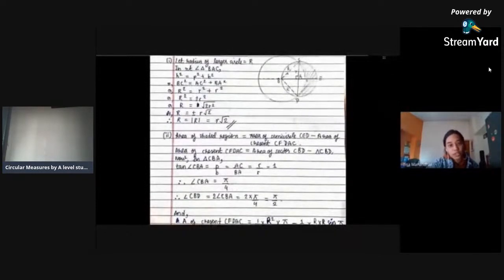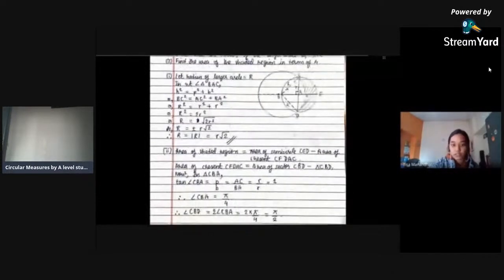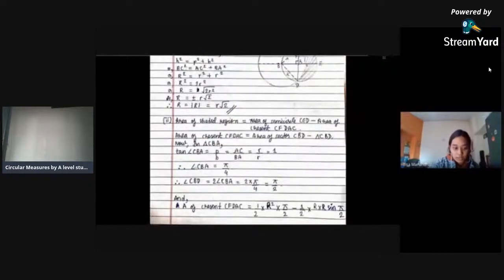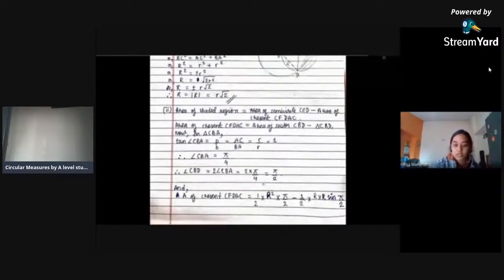From the figure, we can see that triangle CAB is congruent to triangle DAB. So angle CBA is equal to angle DBA. Hence, the total angle CBD will be equal to 2 times angle CBA, which is 2 times pi by 4, which should be equal